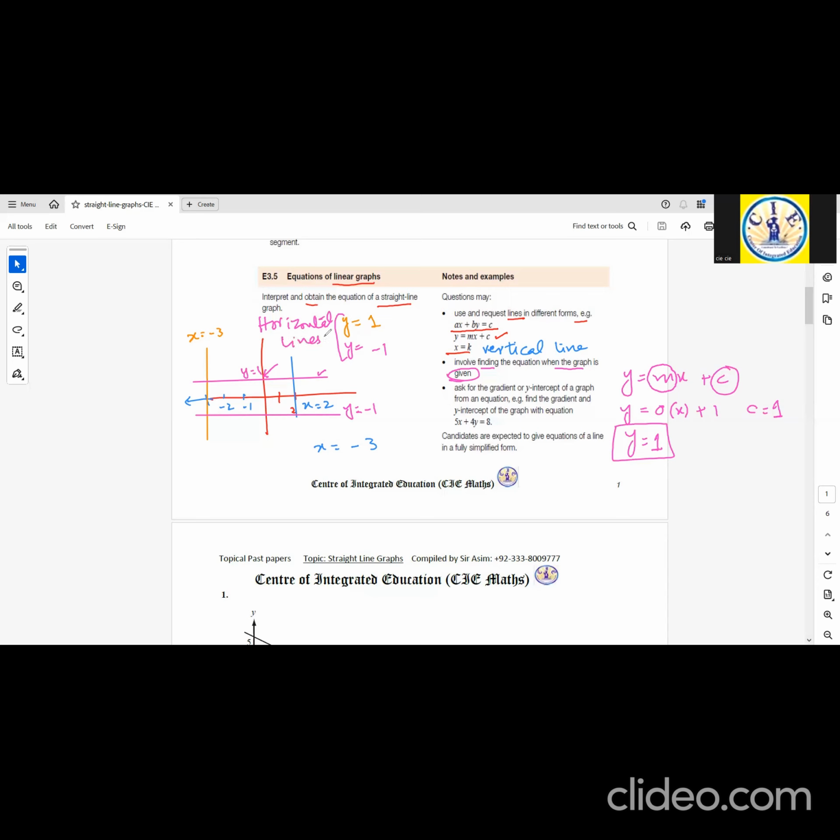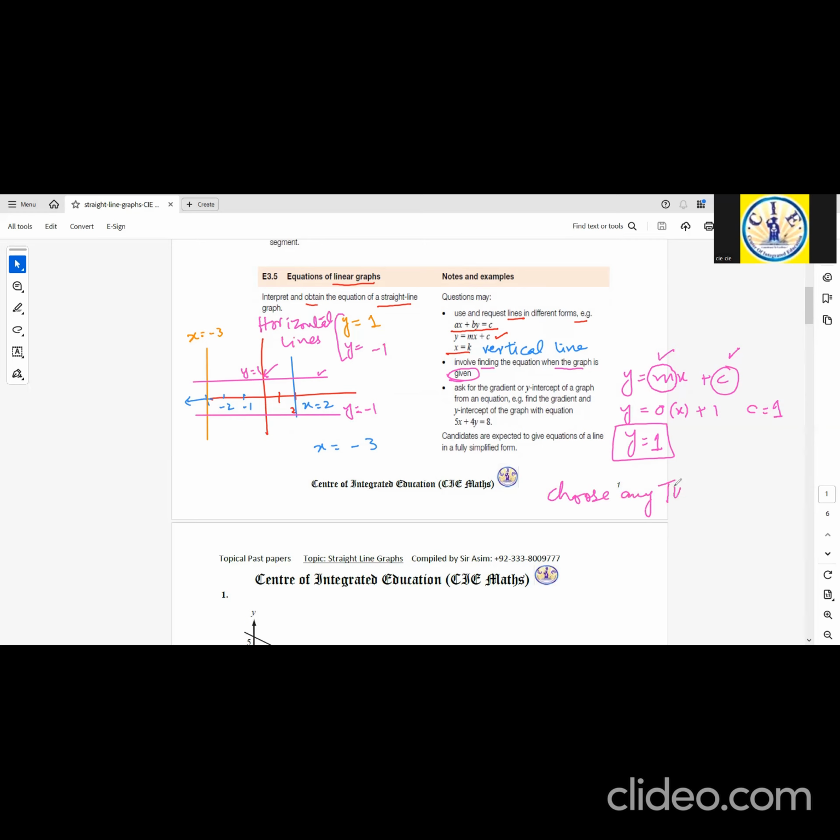These are not problems. So what we need to do is just have this form. We need to find C, we need to find M. If, for example, we do not know M, unlike this case, where the line was horizontal and its gradient was 0, so we just substituted that value. And if we do not know the gradient of the line, we would again follow the same procedure to choose